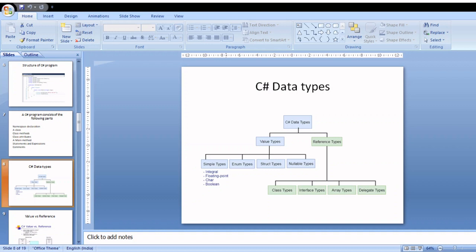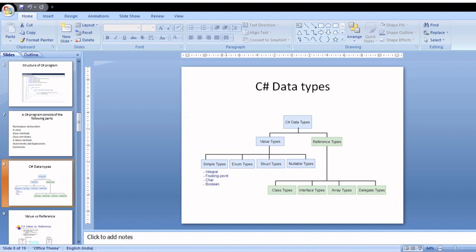Maximum value of short data type is 32,767. So this is how you can make use of the unsigned integral data types. The unsigned integral data types are byte, uint, ulong, ushort.